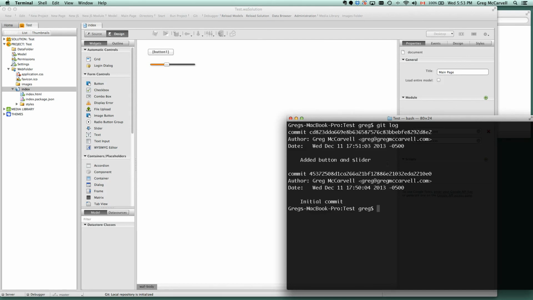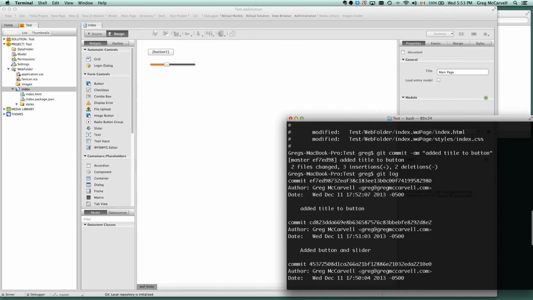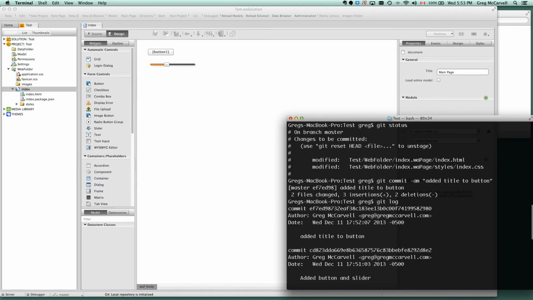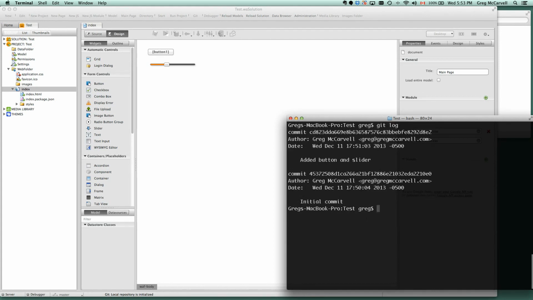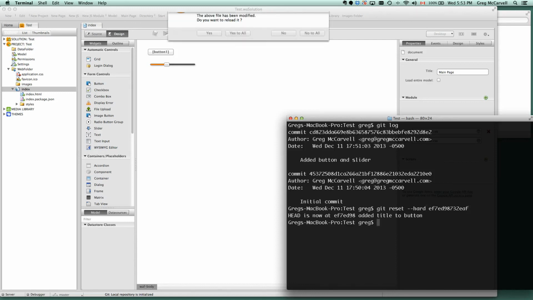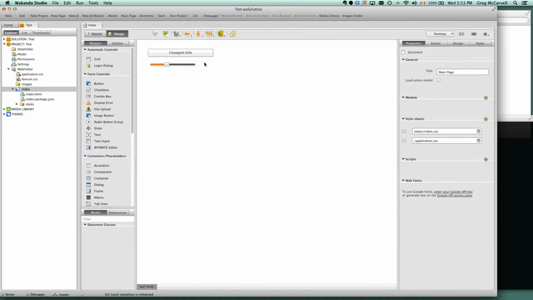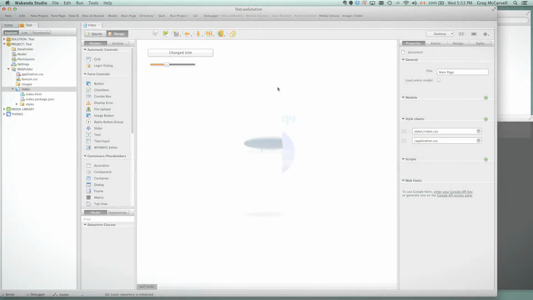Now, I think I can still see it, if we go back to where we added the title, we can grab this one. So you can move backwards and forwards provided you keep these IDs handy. I can do the exact same thing, git reset --hard, paste in that. Again, it asks us the files have changed, do you want to reload them? Yes, we do. And we're back at that state. So you can see here we can go many steps backwards, many